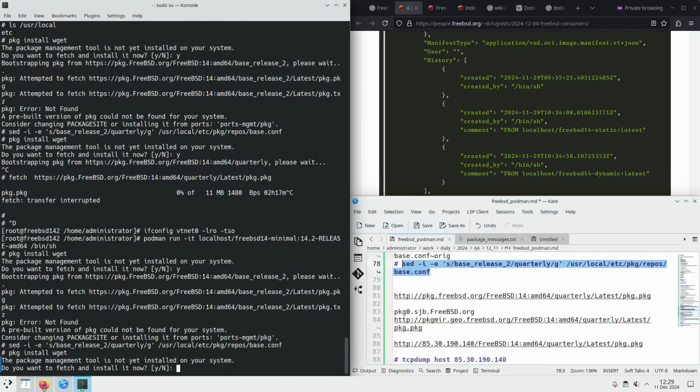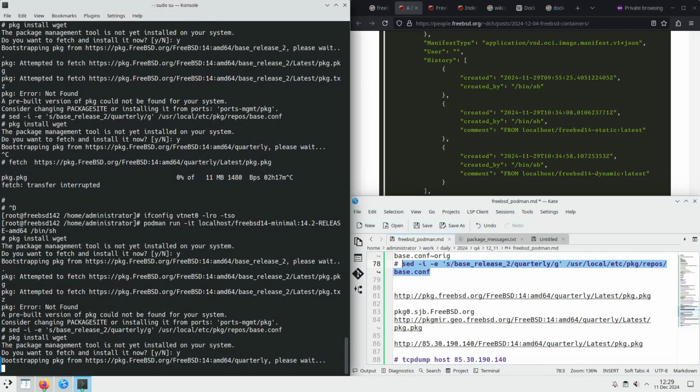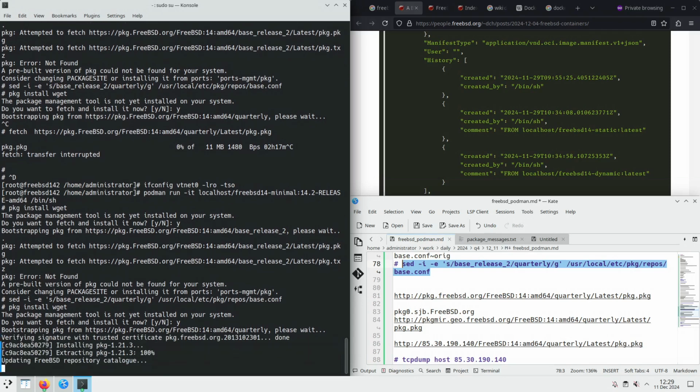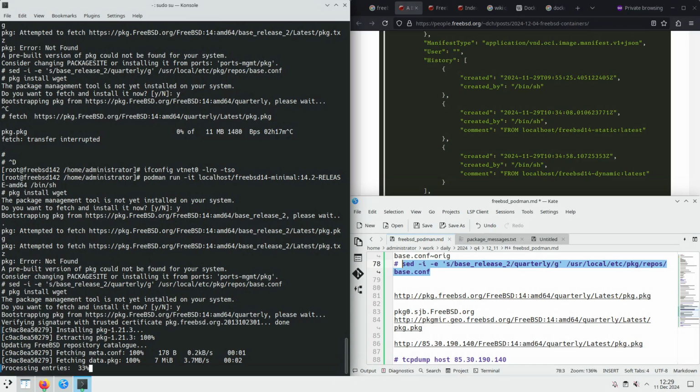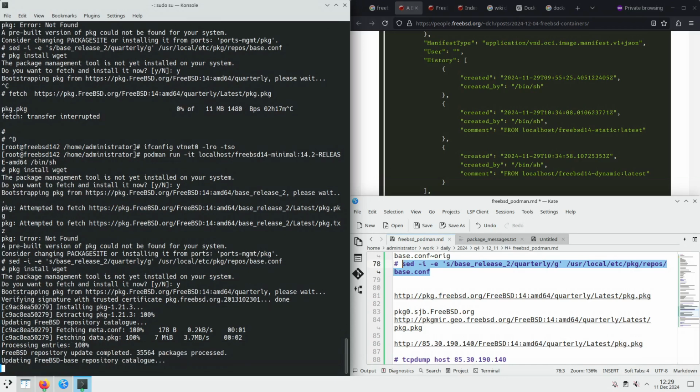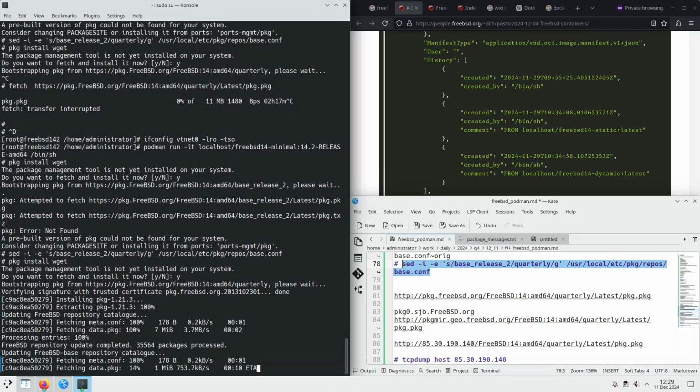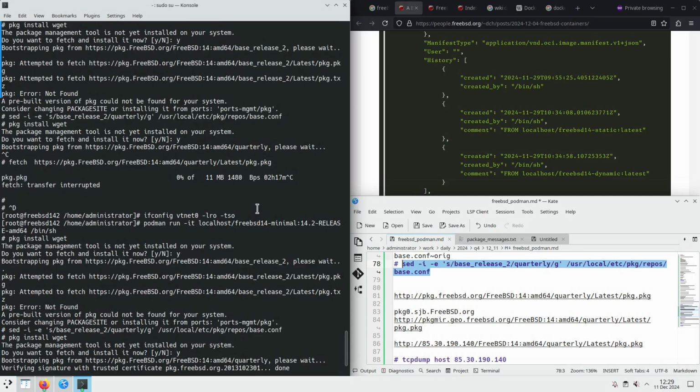And now pkg install wget again. And this time download speeds are normal. It downloads the pkg.pkg file, the other one,